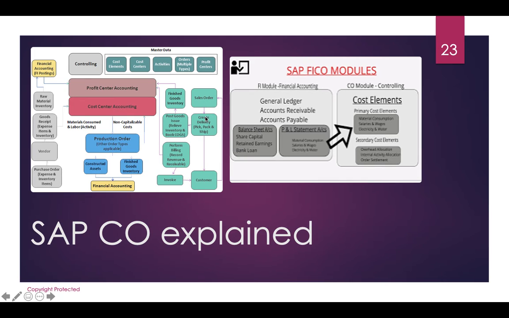So if you do a delivery in SAP, there is a process by which you can pick the product which is ready, pack the products in SAP, and you can ship the product to the customer. And as soon as you ship the product, the CO module will tell you that to manufacture the product, you have incurred a lot of cost.